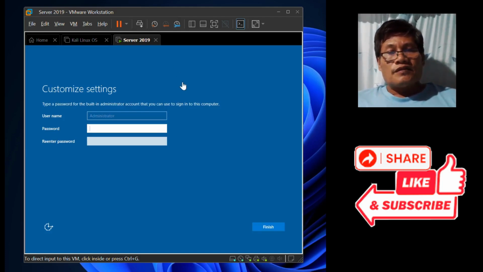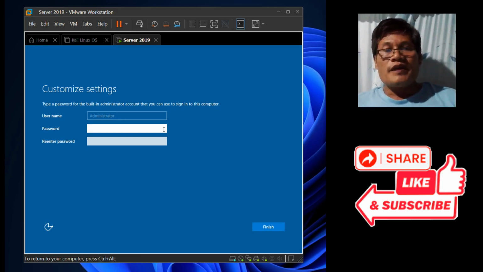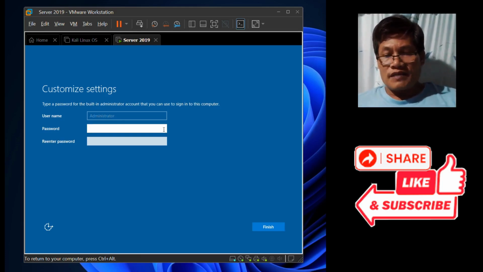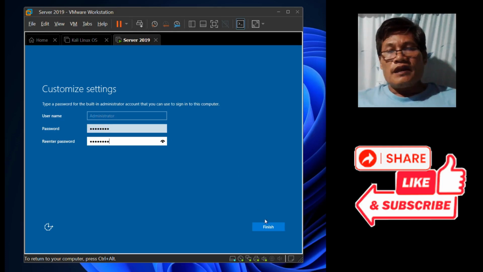So once you see it, okay, it will now ask for a password. So you may input the password that you want. Okay. So type in the password that you prefer. So make sure that you type the same password. Okay. Then when you're done entering your password, you just click finish.